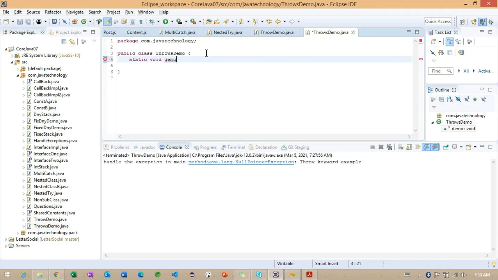Inside the demo method, I want to print some message here.